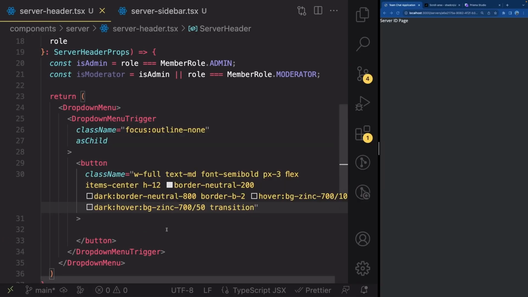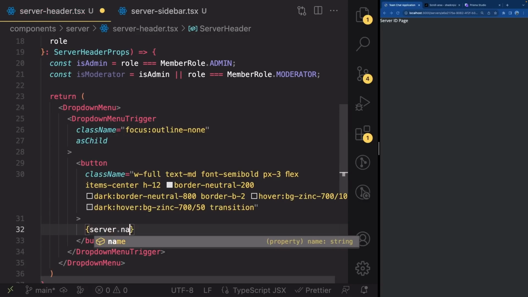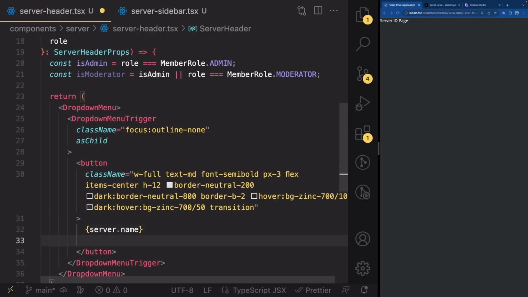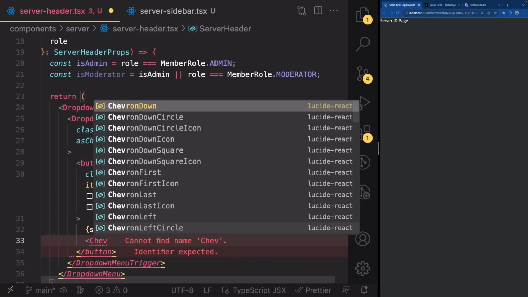Great. And inside, we're going to render server.name, so the current server that we are on, and the ChevronDown